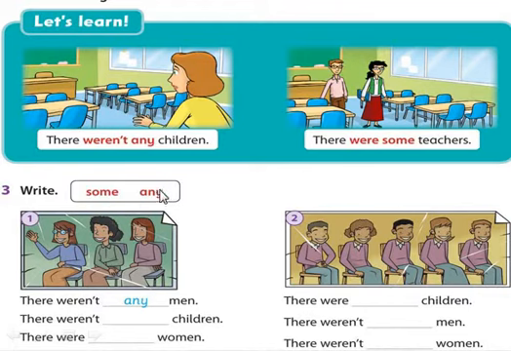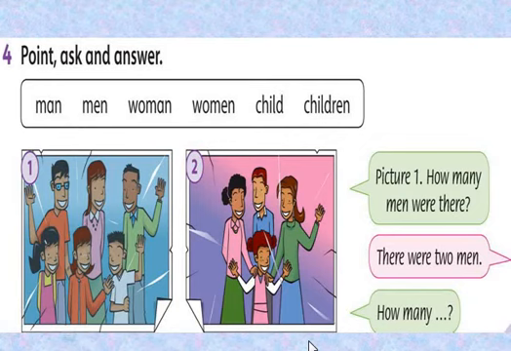With using some, any, we should complete this sentence. Okay? There weren't any men. Are there any men? No, there weren't any men. So, peoples, the rest you will do at home. This is your second classwork, and send me the photo. Okay? Look at exercise 4. What will we do? With using those words, we should make up first a question, then